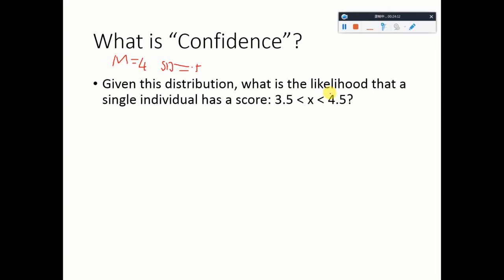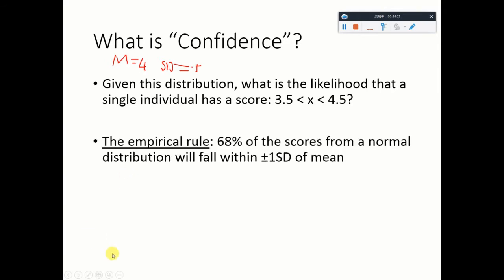That actually becomes a question of using the empirical rule, isn't it? The content that we discussed yesterday or the day before. The empirical rule says 68% of the scores from a normal distribution will fall within one standard deviation above and below the mean. If we do a simple calculation, x equals 3.5. What's the z-score associated with 3.5 in this distribution? Easy, right? We use 3.5 minus 4, and we divide it by 0.5. That gives us the z-score for 3.5, and 3.5 minus 4 is negative 0.5, and negative 0.5 divided by 0.5 is exactly negative